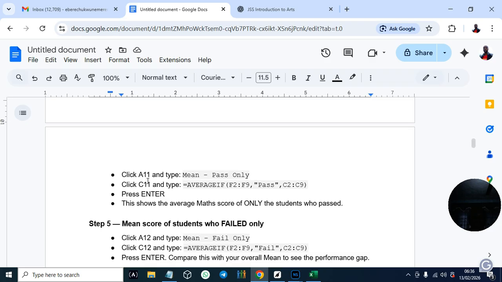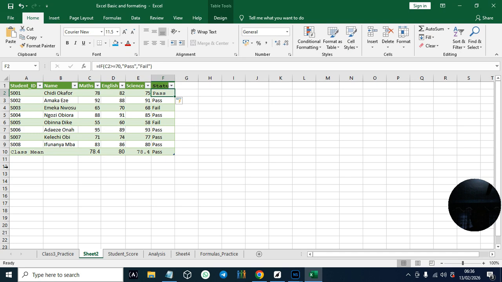Now in A11, type mean pass only. So you can check the mean score of only students that pass. You can check as well for students that fail. It's just the average of those that pass.